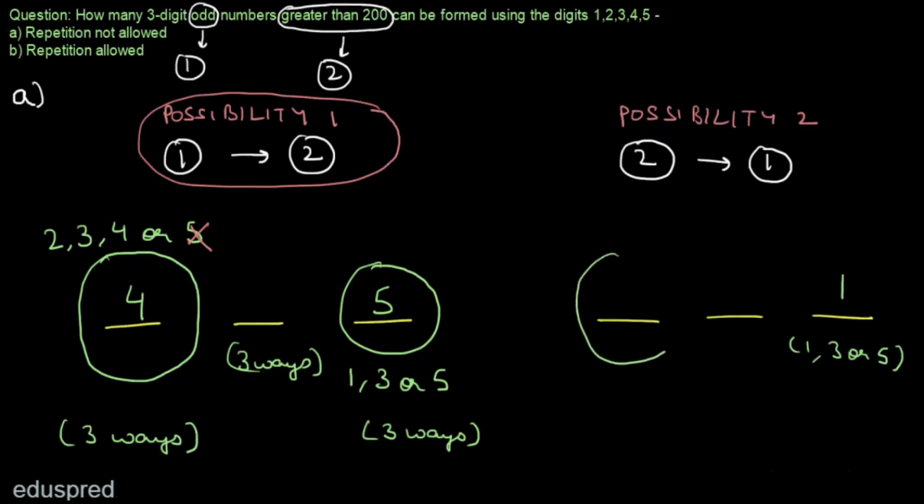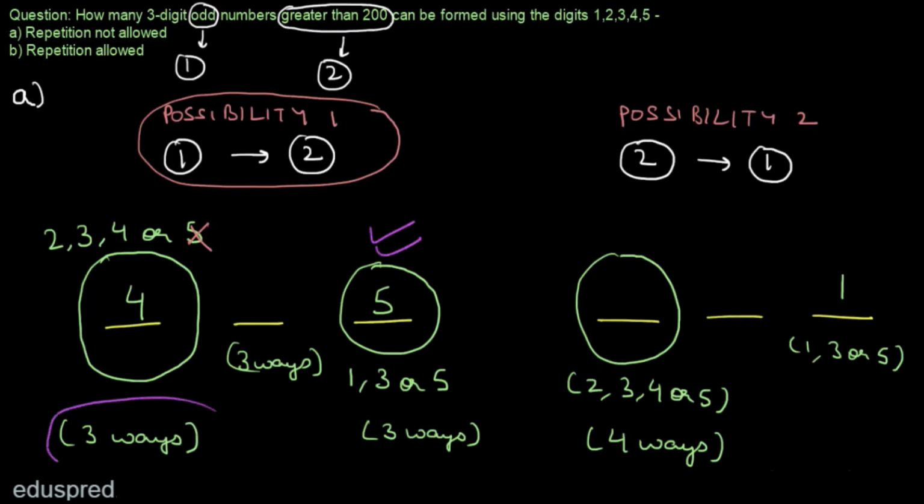So now let's talk about the first slot. Having filled the third slot with the number 1, in how many ways can we fill the first slot? Well, we can fill the first slot with the number 2, 3, 4 or 5. So there are 4 ways to fill the first slot. And this is the conflict that I wanted to show you. Note that when we took 5 here, there were 3 ways to fill the first slot. And when we took 1 here, now there are 4 ways to fill the first slot. So this is a conflicting answer. So that means we cannot go ahead with this possibility.